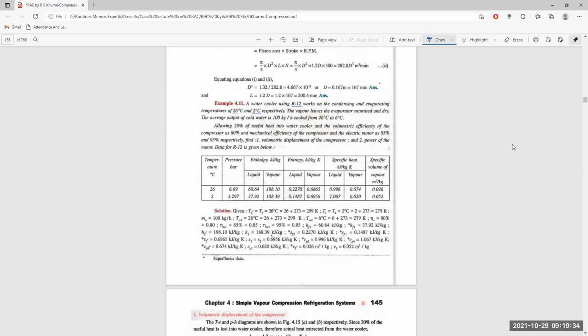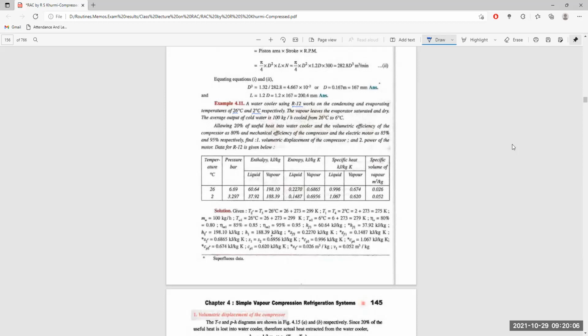So we are using this refrigeration system to cool cold water flowing at a rate of 100 kg per hour, from 26 degrees centigrade to 6 degrees centigrade. So the initial temperature of this water is equal to our condensing temperature. Condensing temperature is 26 degrees, but it is cooled up to 6 degrees, not up to 2 degrees,